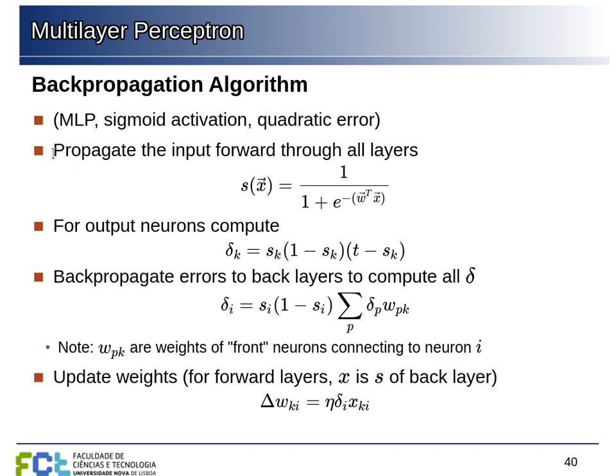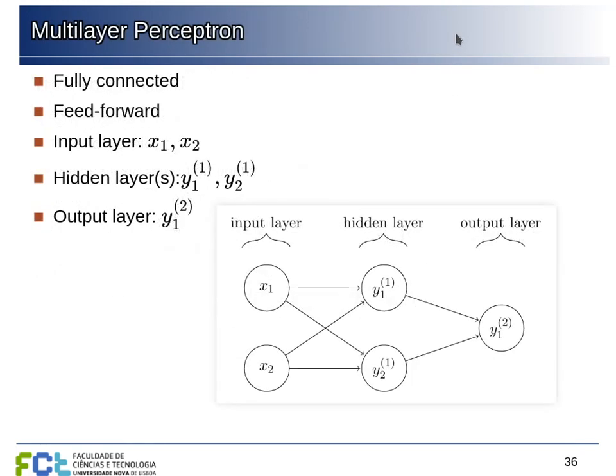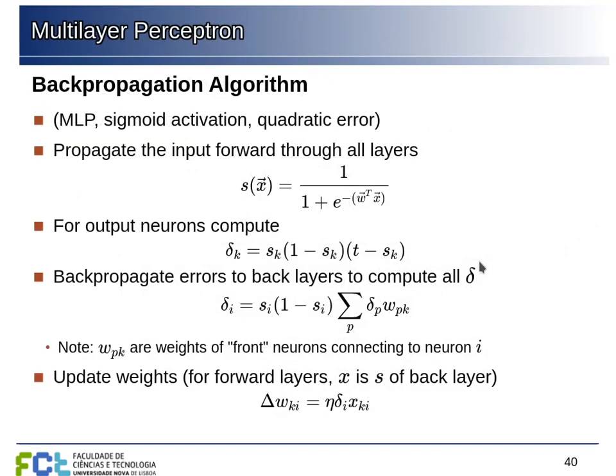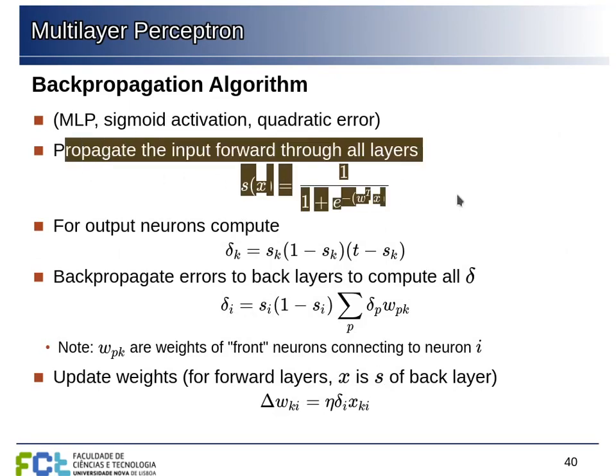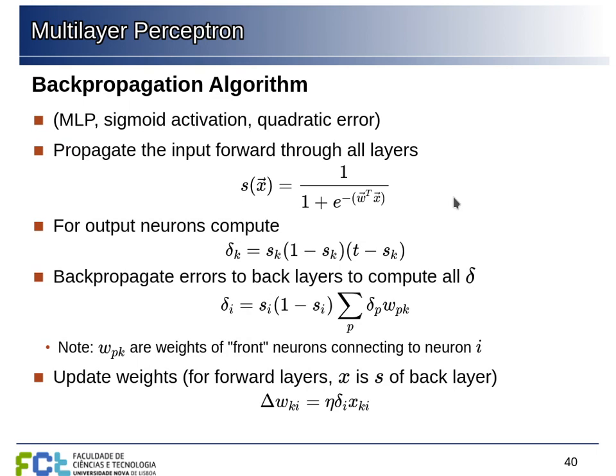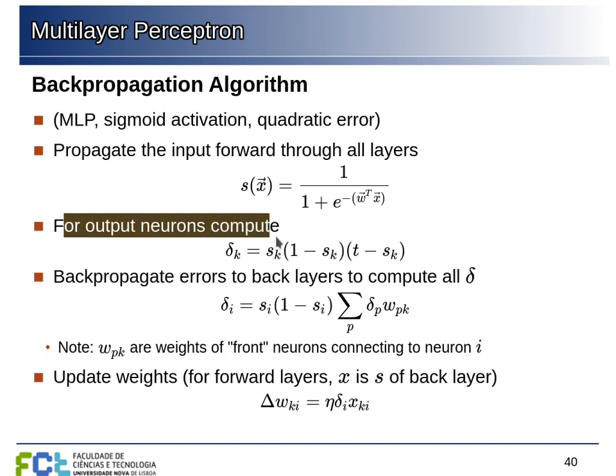The first thing that we're going to do is to propagate the input forward through the layers. For example, with this layer, we present an example to the layer, and now we are going to compute the activation of these neurons based on the input values, their weights, and the activation function. Then we're going to keep going forward on the network to compute the activations of the next layer, and we do this for however many layers we have. With this step, we propagate the input forward and activate all the layers on the network. And now we have the activation at the output neurons.